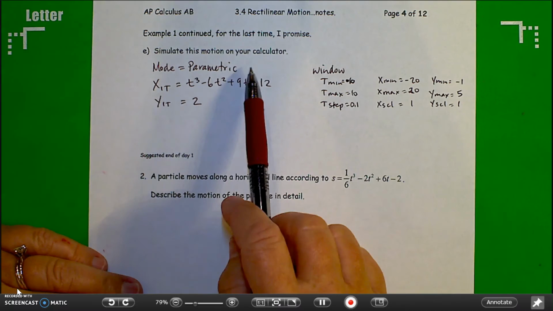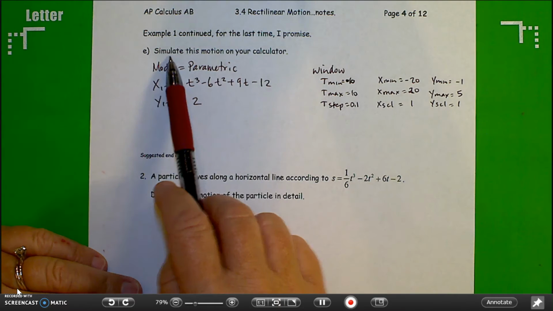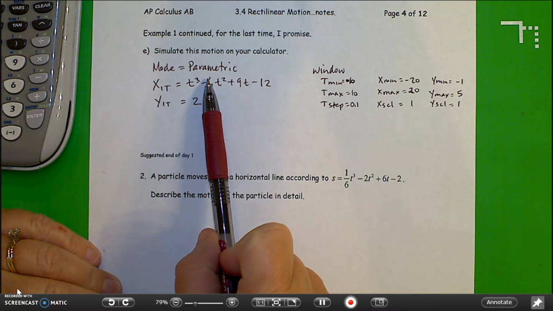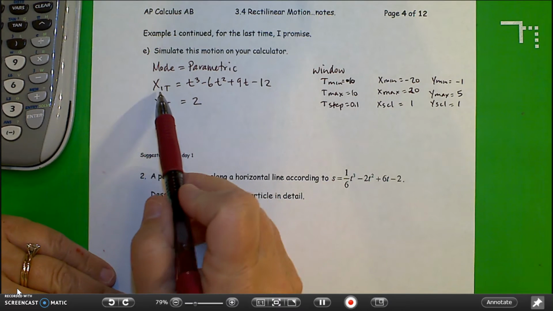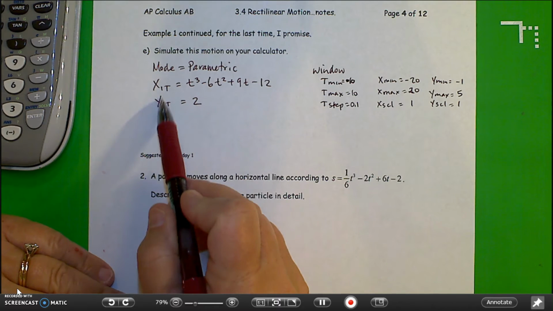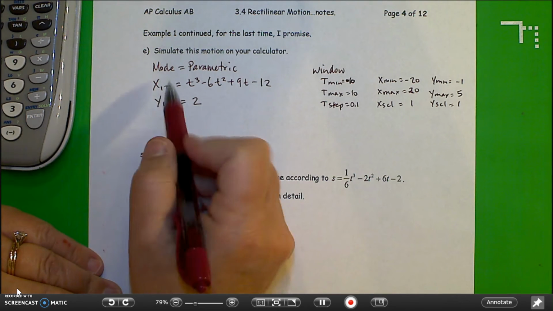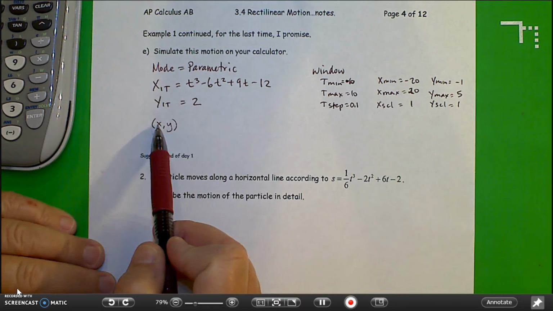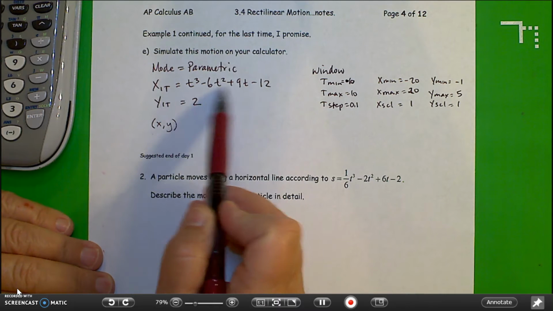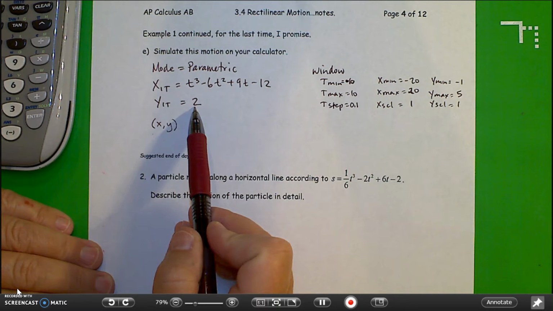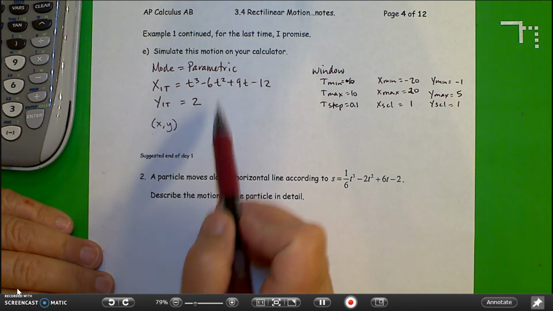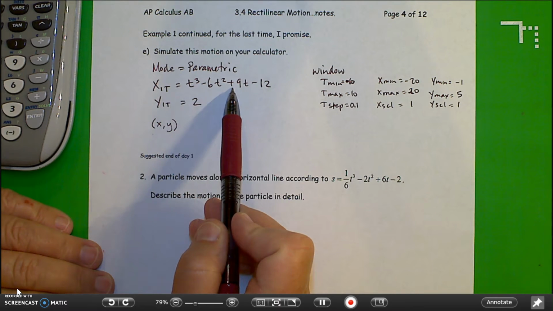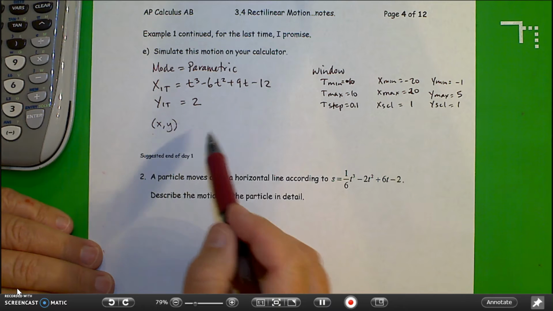On this example we've been using for this rectilinear motion, if you want to see what the motion looks like on the calculator, here's a couple of settings. First of all, if we go to Parametric Mode and put in the function into x1 and put y equals 2 into x2, remember, Parametric Mode graphs these ordered pairs. So the x-coordinate will be basically the original y value of this cubic function. The y value will be 2 every single time. So basically it will graph on your calculator a horizontal line at 2 with the movement that's created by this position function, as if it were just graphing along